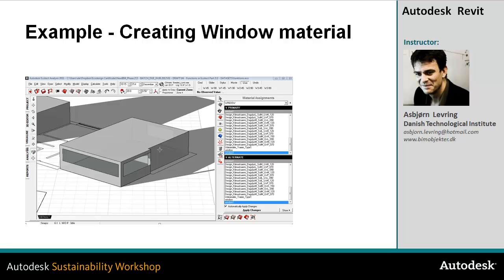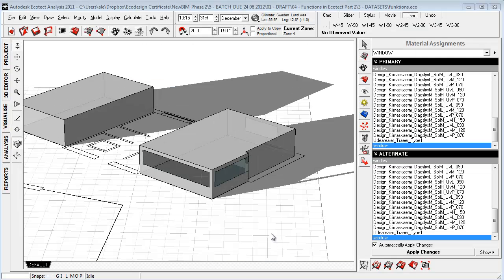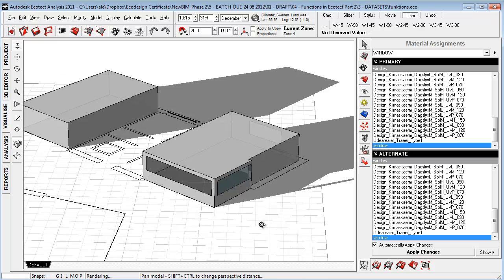In this video I'll show how to create window materials inside the Ecotech environment and give some explanation of how window materials work in the thermal analysis and how we can visualize the material properties in the Visualize tab. And also a bit of insight on how we can calculate and understand parameters that are not coming out of the box. I've now opened the Ecotech environment and I'm going to talk about how we can create window materials